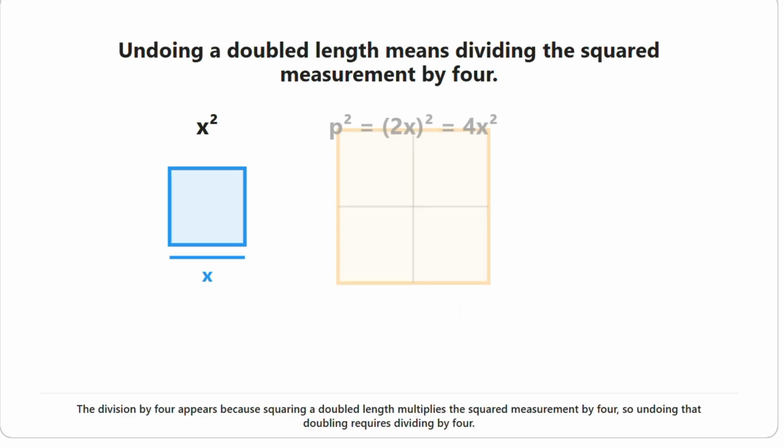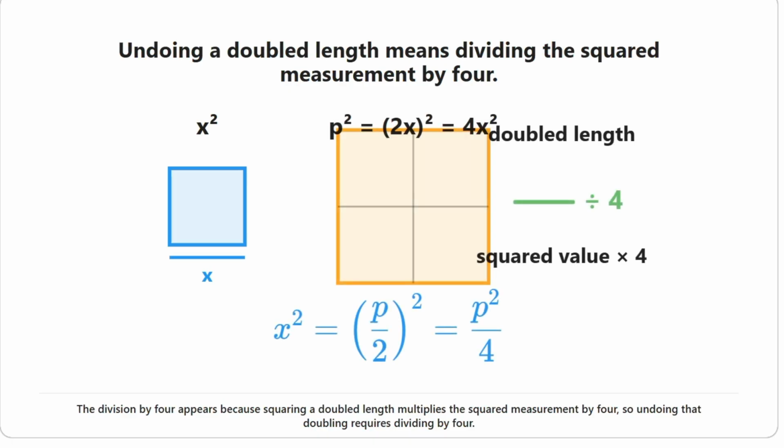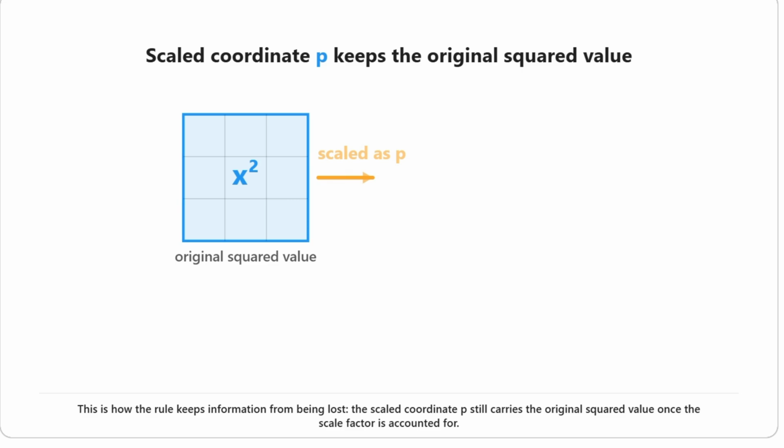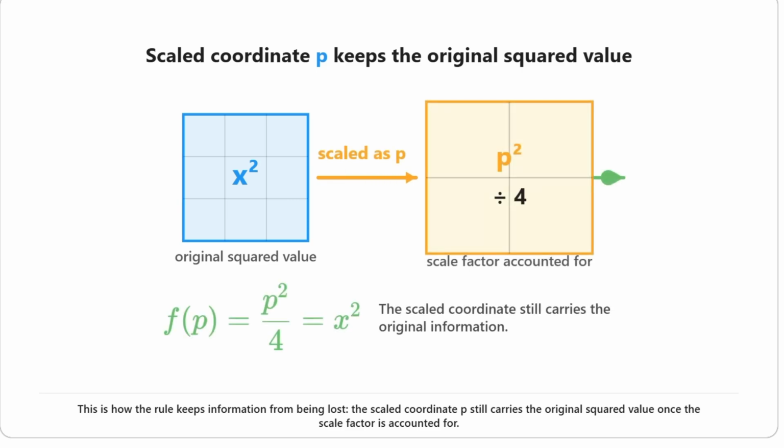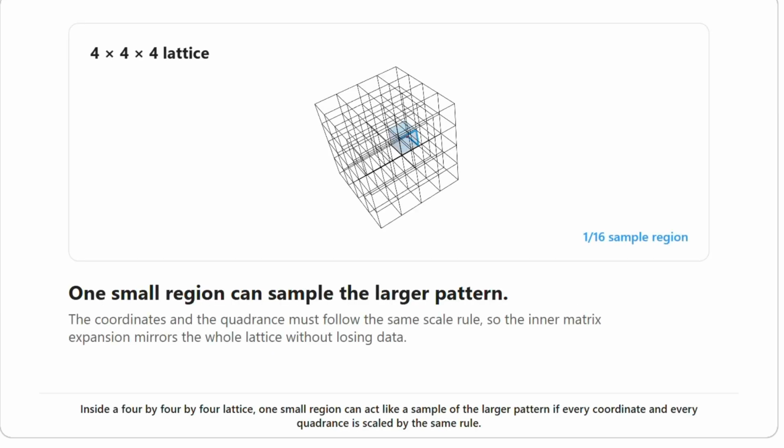The division by 4 appears because squaring a doubled length multiplies the squared measurement by 4, so undoing that doubling requires dividing by 4. This is how the rule keeps information from being lost. The scaled coordinate p still carries the original squared value once the scale factor is accounted for. Inside a 4 by 4 by 4 lattice,